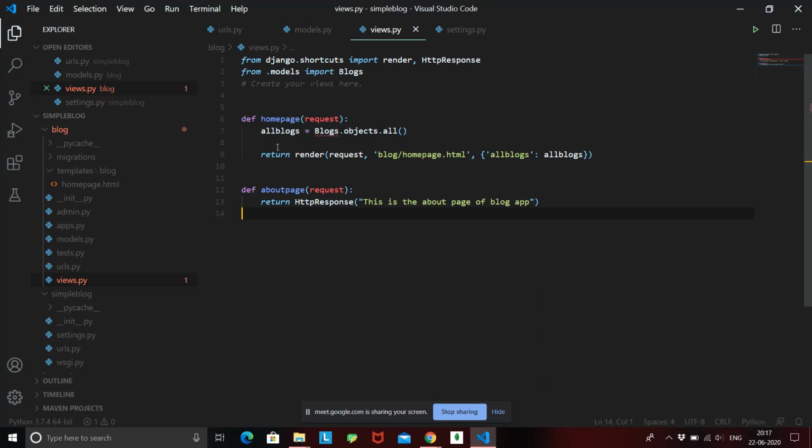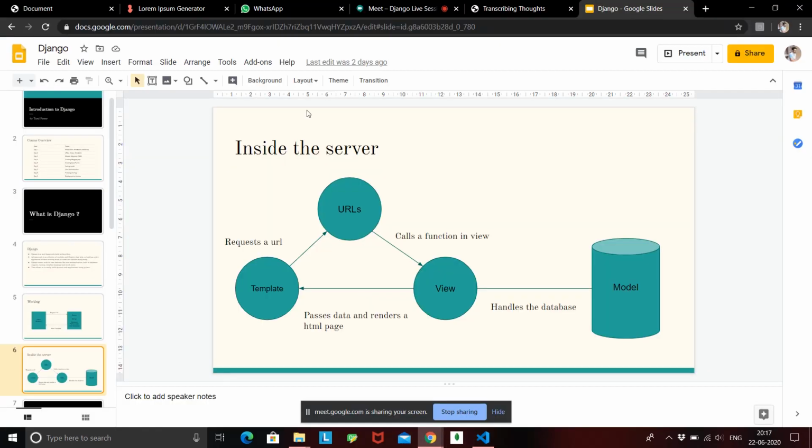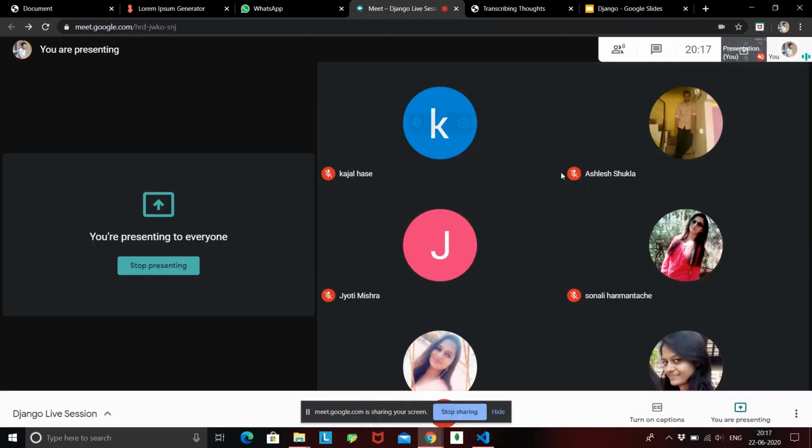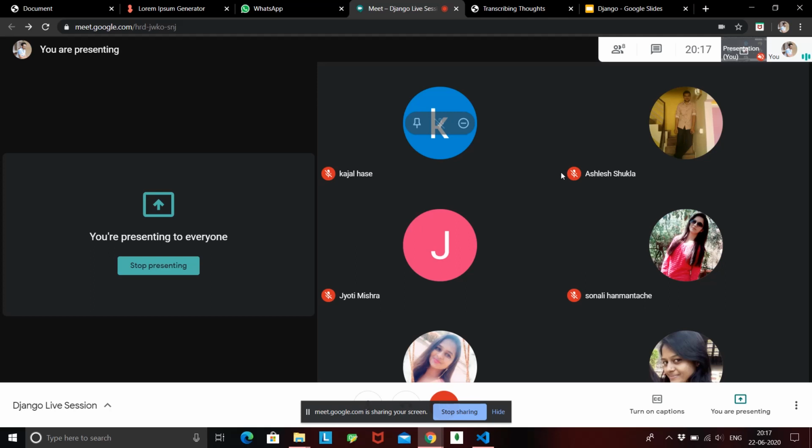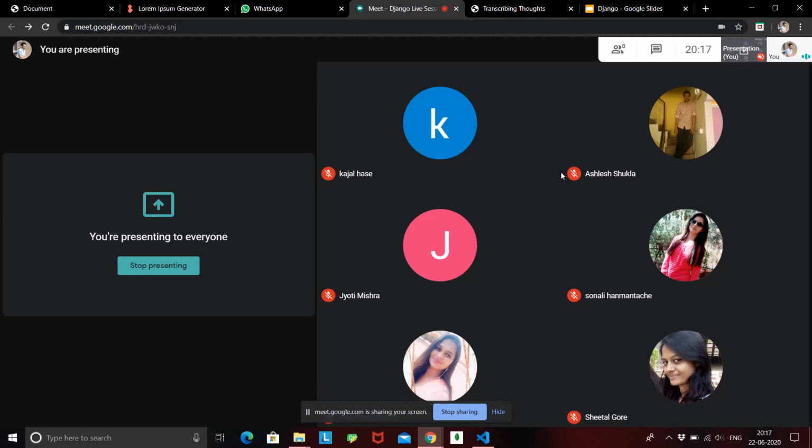And now what we are doing is passing this list to our HTML page in the form of a dictionary which has a key and a value, and basically they are the same, all_blogs and all_blogs. It doesn't matter what you name them, but we need to pass a dictionary as a key value pair to this render function. Now this data is linked with this home page. So is it a little bit clear to everyone? It may seem a little confusing, but it will be more clear when we render out this data into our front page. So till now everyone is following along.